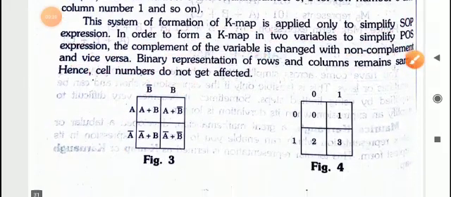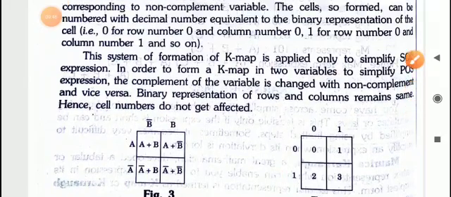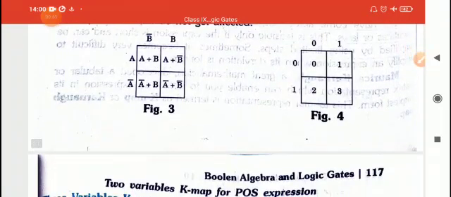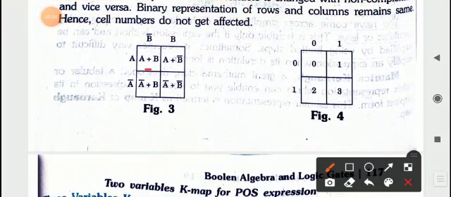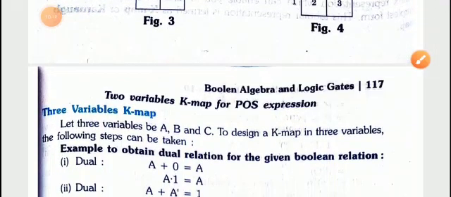Now there should be an add in between. Like in sum of product it was doing the product only, here it will be addition. Product of sum: A plus B complement, then A complement plus B, and then A complement plus B complement. So here make a correction, it will be B and B complement. And here 0 will represent the non-complement variable and the complement variable will be represented as 1. So this is how a two variable K-map will be formed.